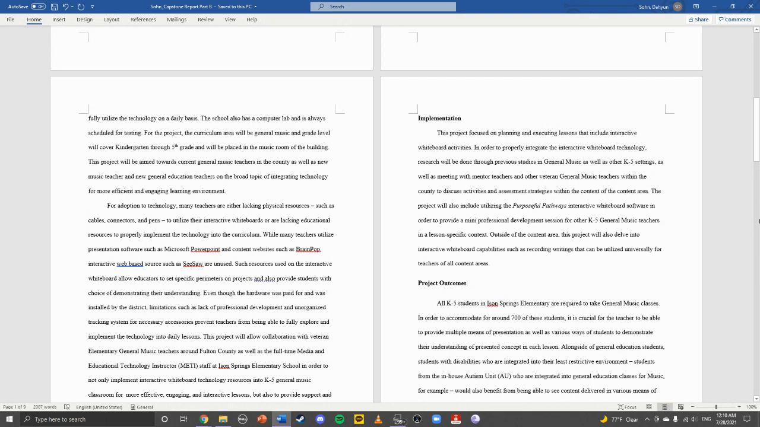The capstone experience, as I mentioned, was really focusing on implementing interactive technology within my general music classroom. And that included everything from simple interactive activities where students were able to go up to the interactive whiteboard and click on correct answers, all the way to providing assistive technology where students with various needs were able to